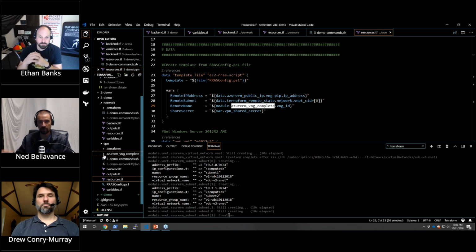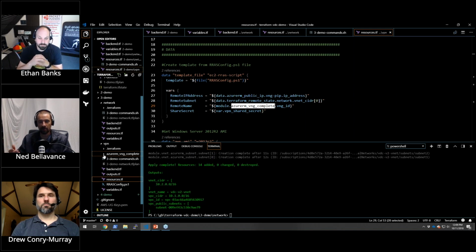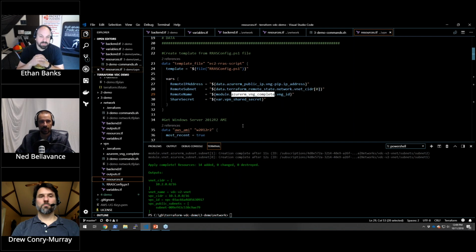It goes through the whole creation process, spits out a public IP as part of its output, and then I can ingest that information in my main configuration to spin up the RAS server and hand it that public IP. Because that's a dynamic bit of information. You don't know what that public IP is going to be, so you gotta wait till it's built, then pull it, then act upon it to build the tunnel. Exactly, and that's some of the fiddly bits that you get into with Terraform once you start doing